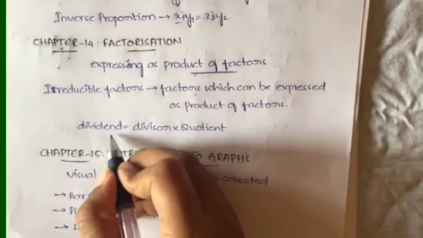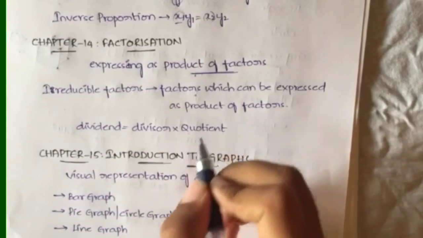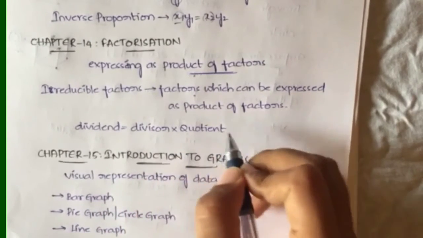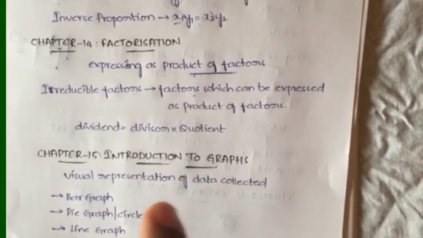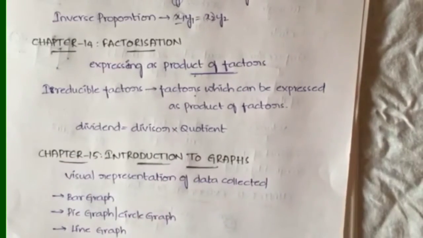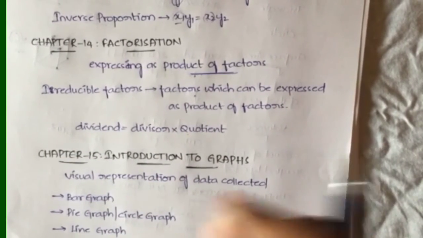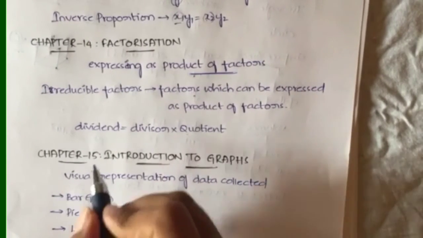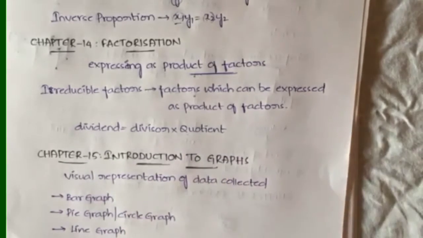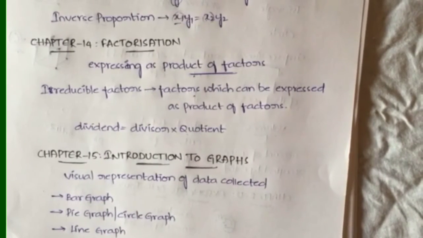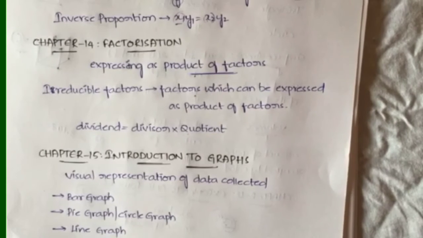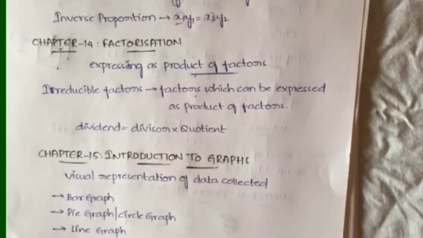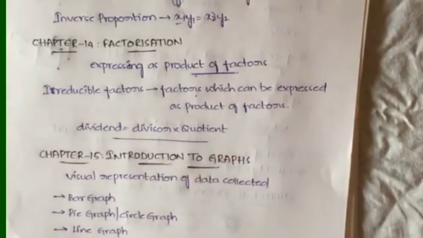Okay, and dividend is equal to divisor into quotient. Actually the division algorithm which you learnt is dividend is equal to divisor into quotient plus remainder, but in this chapter we are going with the shorter form only, because in all the divisions we are doing in this chapter you are going to get remainder as 0. As we are not going to see problems in which you get a remainder other than 0, that is the reason why we are using only this form in this chapter.